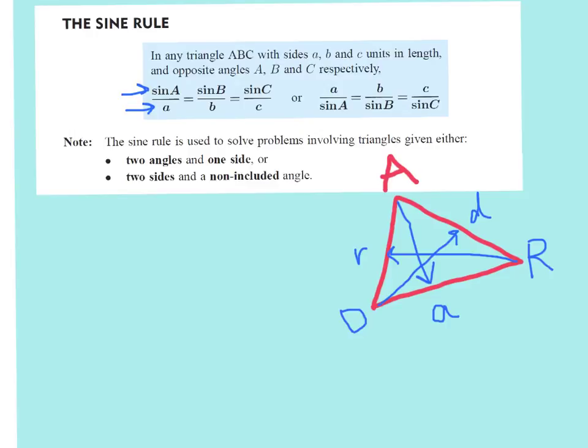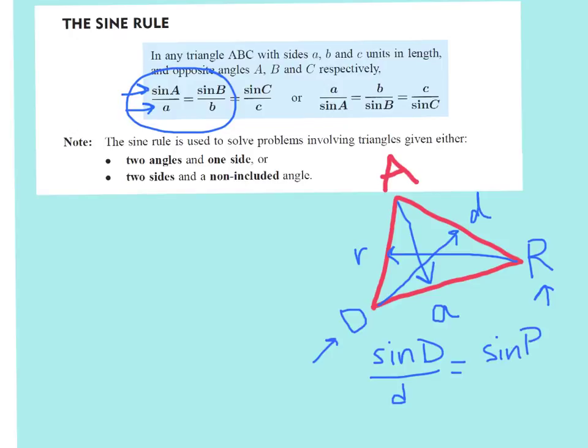When we're going to solve these proportions that we're setting up, we're actually only going to use two at a time. It will depend on the information that we're given in the triangle as to which two we use. So for example, in the triangle that I've drawn for you, we might be using the angle D and the angle R, in which case we'd set up our ratio as the sine of angle D divided by the opposite side, which is d, and that should be equal to the sine of angle R divided by its opposite side,